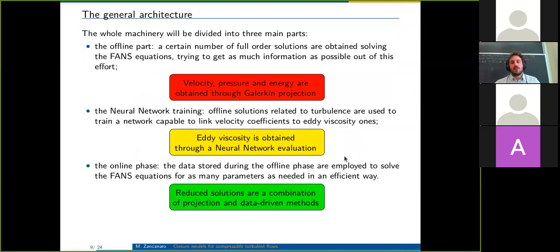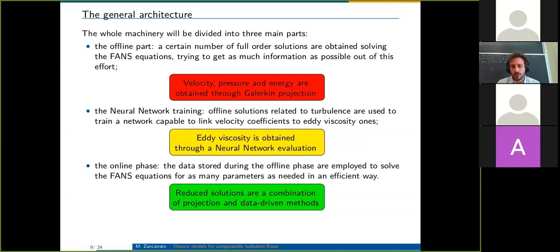So in this work, basically we want to find out a way to solve those equations in an efficient way. So we can divide, let's say, this process into three main steps. The first one regards the offline phase. So it is a phase in which you try to get as much information as possible from some full order solutions that you, of course, have to calculate before,